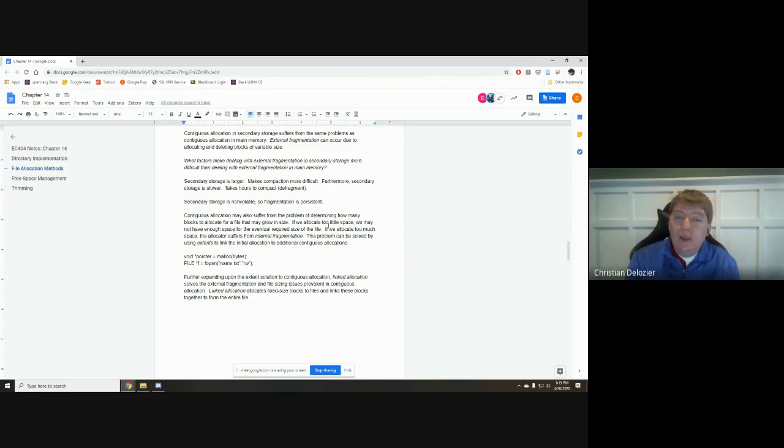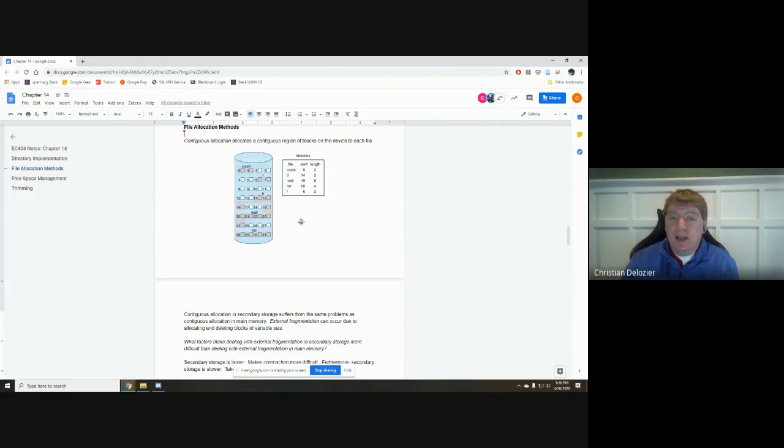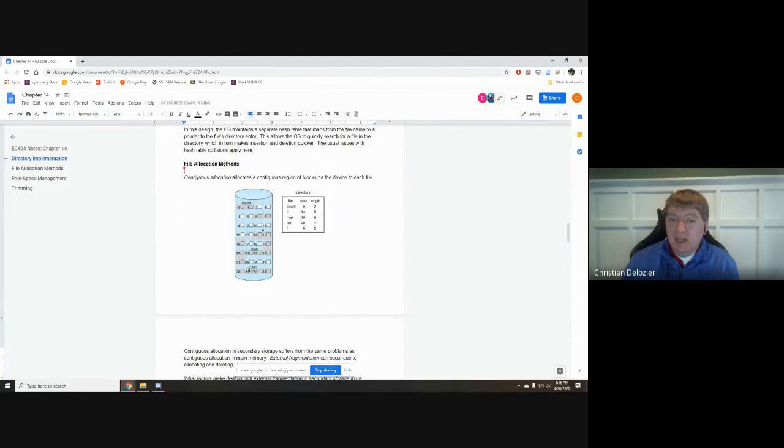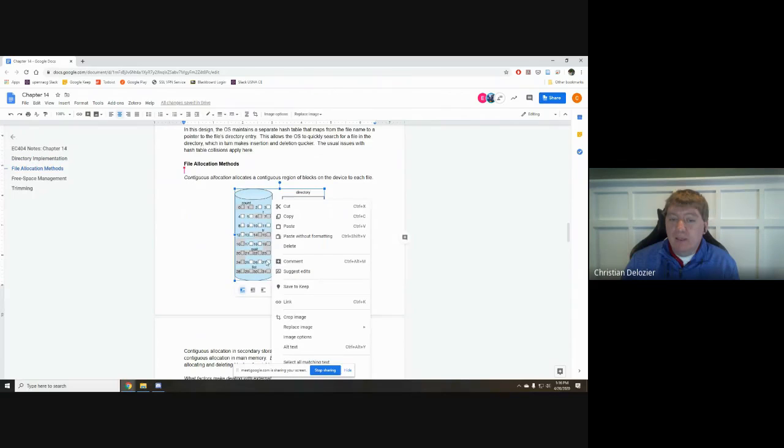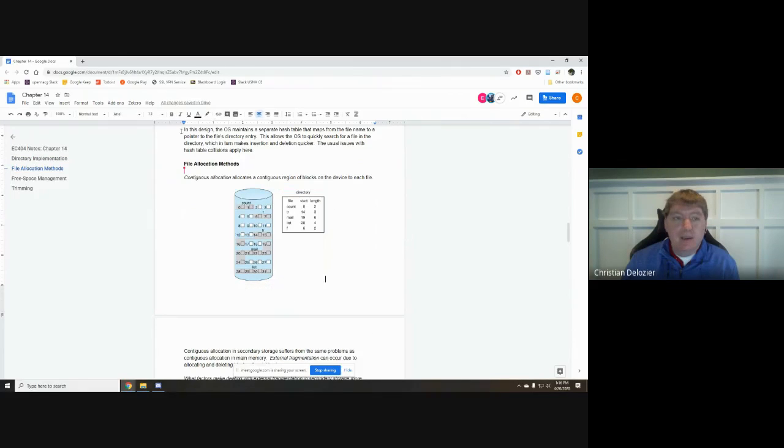The way that we can solve this, or one way we can solve this, is to use what are called extents, which are essentially just pointers to another contiguous allocation. So here, if we needed to allocate more size for list, we might end up basically putting a new part